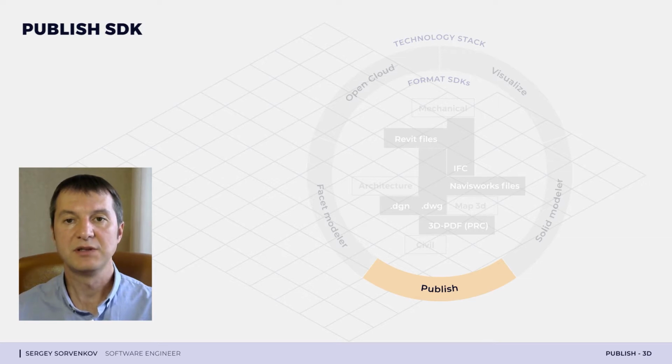In other words, if something can be loaded as a model, it can be published as PDF: DWG, DGN, RVT, IFC, and others. Publishing from OpenCloud is supported as well. This SDK can be used for publishing any CAD model in a number of ways, as well as a standalone product for creation of exciting documentation, demo, and tutorial PDFs from scratch.